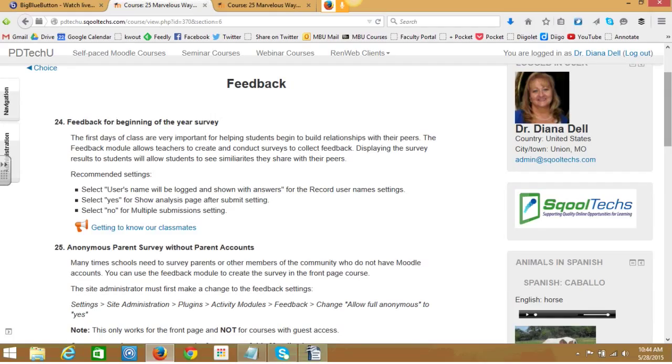So you will create a feedback type survey. Some things that you'll want to do, you want to select user's name will be logged and shown with the answers for the record username setting. You also want to select yes to show the analysis to the students after submitting. And you want to select no for multiple submissions. So if we take a look at this,